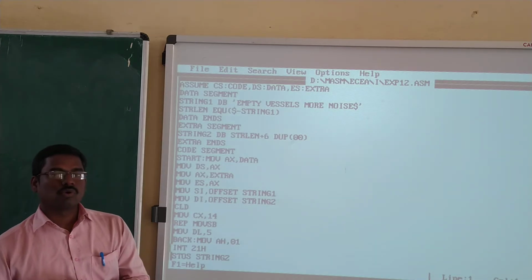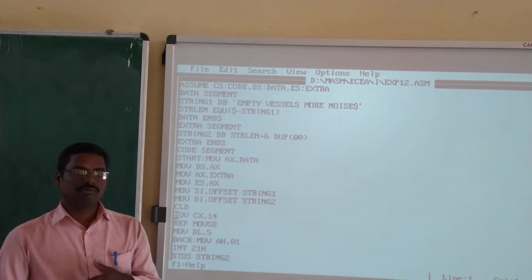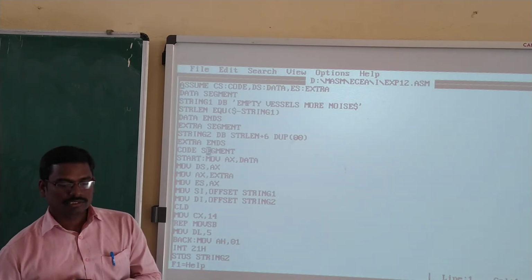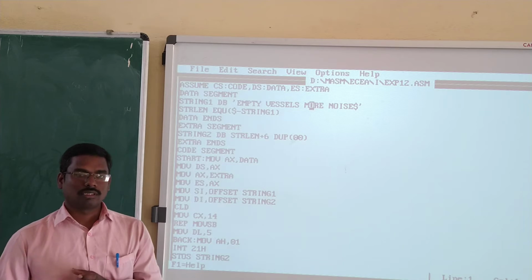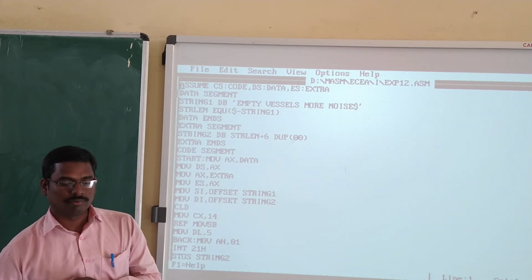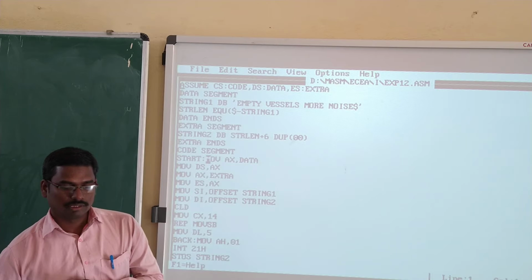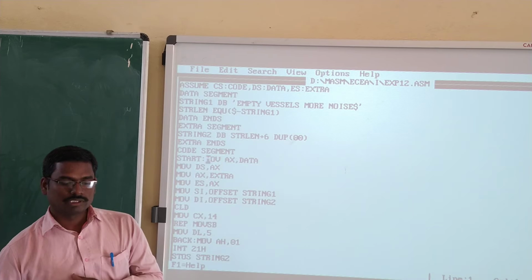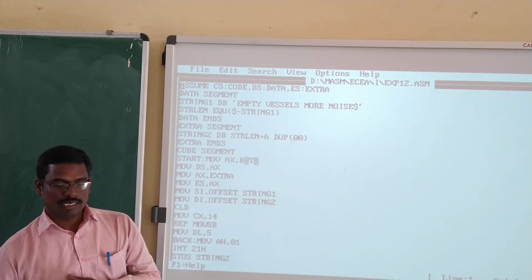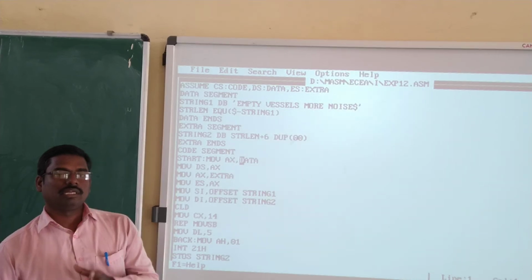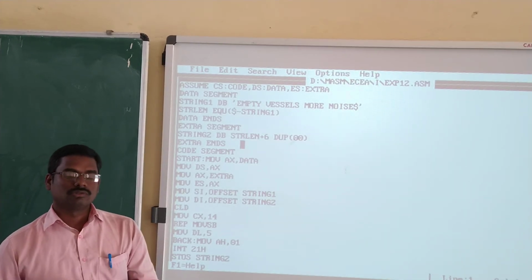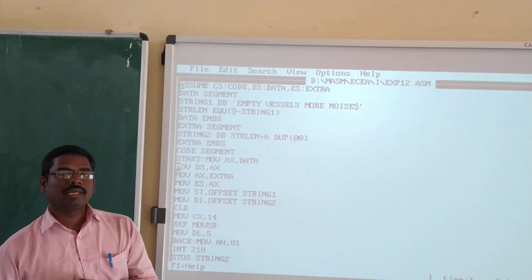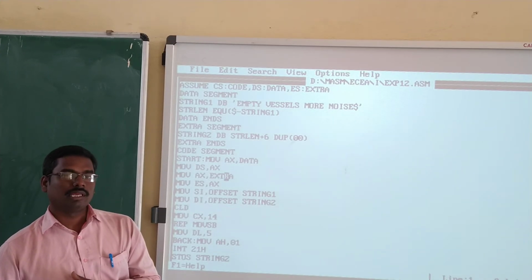Okay, and next code segment. So in the code segment we have to write the logic of the program. So here code segment is started always with a label start. Okay, start here, start is a label, colon. Okay, colon here, and mov is a data transfer function here. So in this line mov is a data transfer function space ax comma data. So here whatever the data we initialized in the data segment, so that is directly moving into the AX register. Okay, AX register. And next line mov ds comma AX.